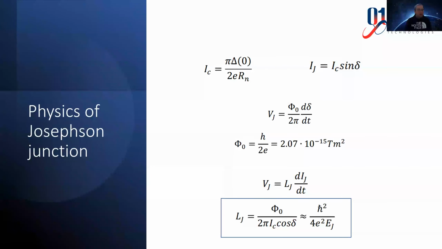So at this point, we want to see more about the physics of the Josephson junction, but we don't want to dive deep into the physics of it. What is insightful here is the last relation between the Josephson inductance and the Josephson energy. As we see, LJ, the Josephson inductance, is inversely proportional to the Josephson energy. And this will determine the transition frequencies, as we see later.